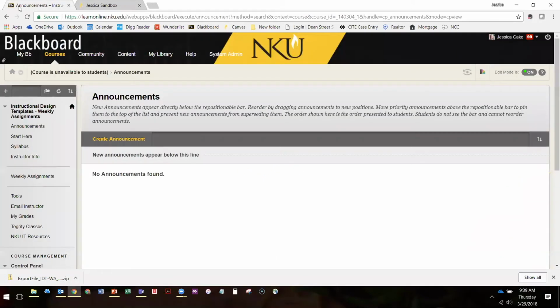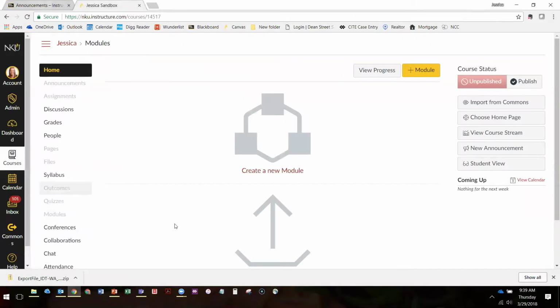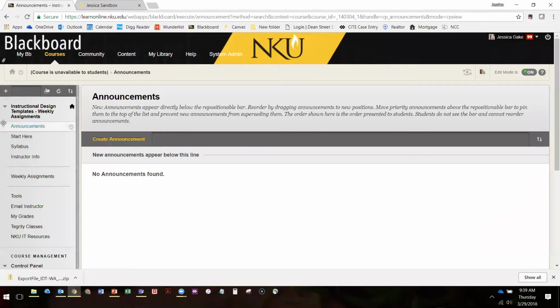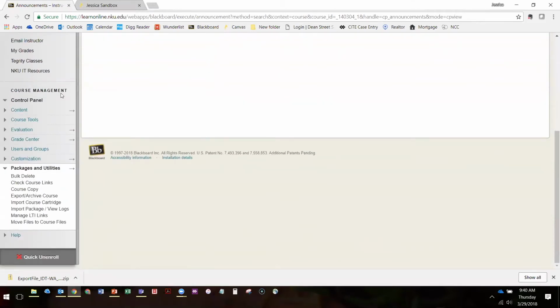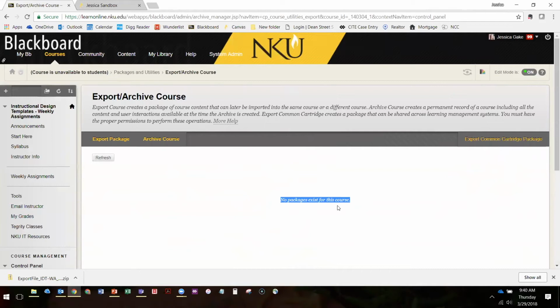I have 2 tabs open. One is my Blackboard course that I'm going to do an export on, and one is my blank Canvas shell. So I'm going to start in Blackboard, and I'm going to go down to the bottom of my course under the Course Management Tool area, find Packages and Utilities, and choose Export Archive Course. When I click on that, I get this screen, and you may see this no packages exist for this course. That's okay, we're going to create a package right now. So click Export Package over here on the left,